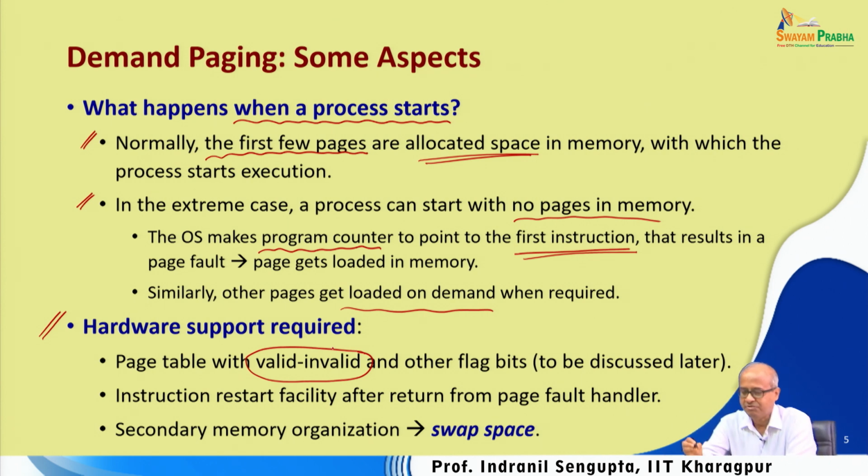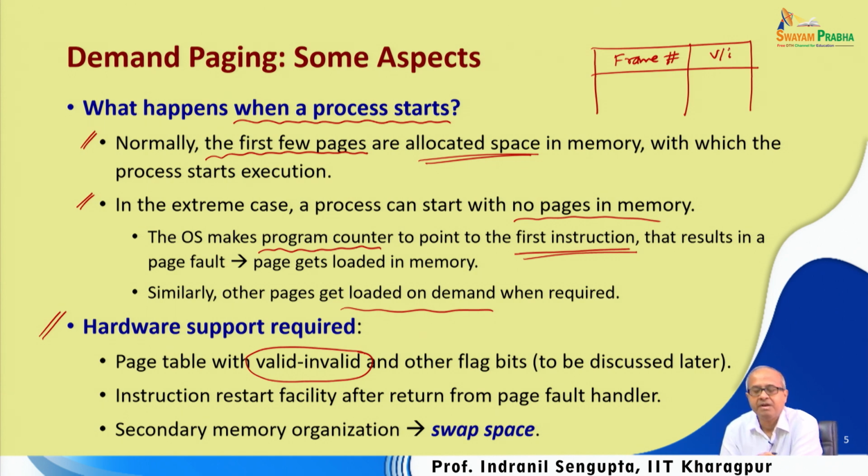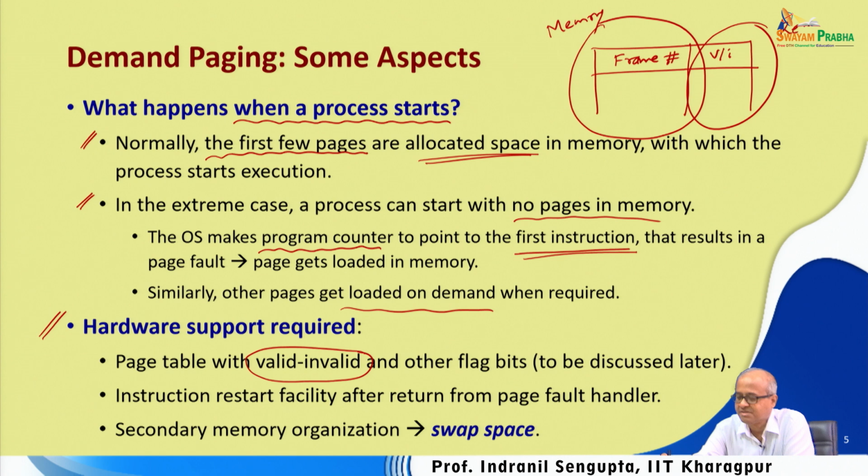So, one thing you remember, in the page table, now we have something like this. I said there are two entries, one is the frame number, and here I am saying the valid invalid bit. We said earlier that the page table is typically stored in physical memory, but if you visualize the page table like this, only the first part of the page table will be stored in memory, but the second part, these valid invalid bits, need to be stored in a high speed register inside the